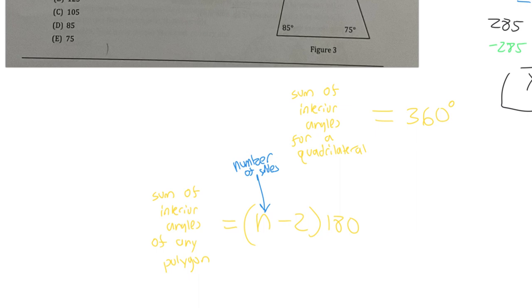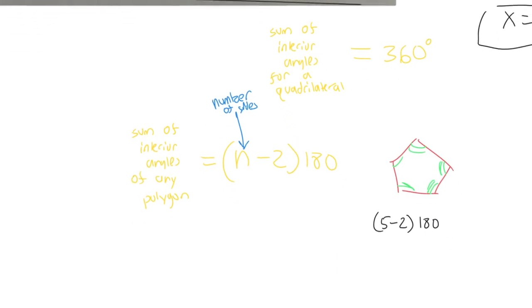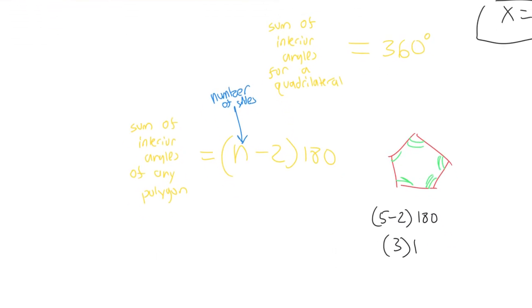So in other words, let's say I wanted to find the sum of interior angles of all of these. I might not know what each angle is, but I do know that they're going to add up to a certain number, and that number would be 5 minus 2 times 180. 5 minus 2 is 3, so 3 times 180 is 540. So I know that this angle plus this angle plus this angle plus this angle plus this